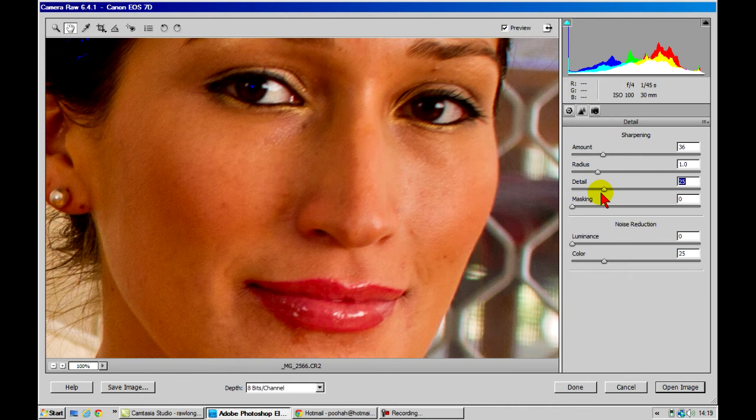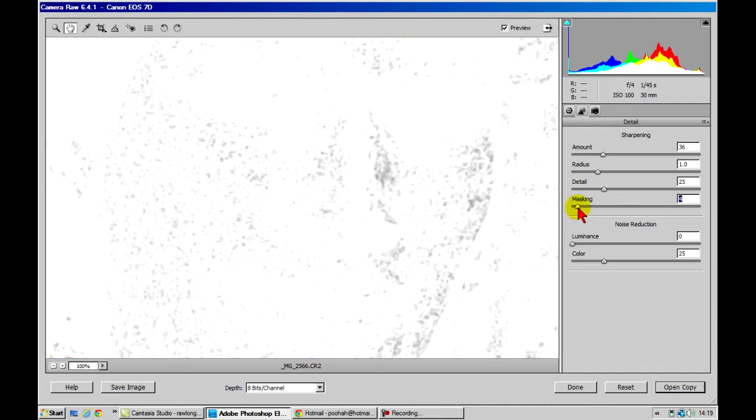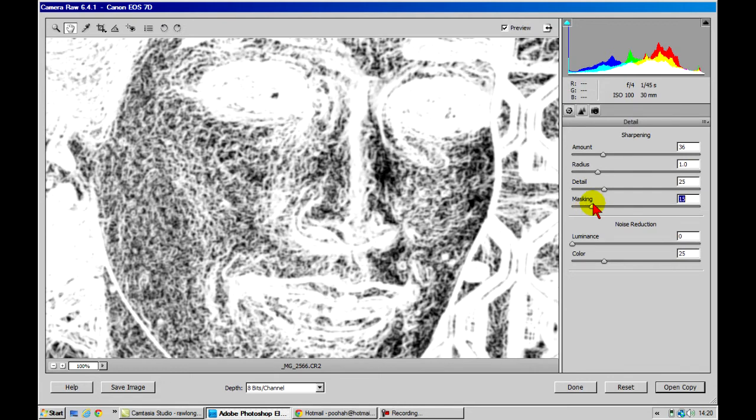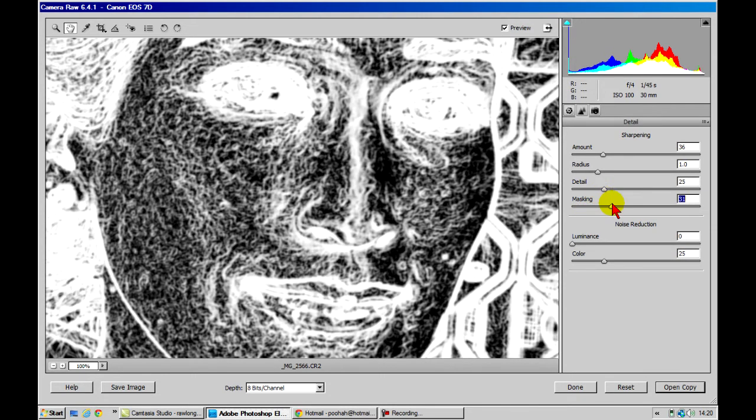Now the next one along is a really ingenious slider. It's called masking, and what this does, it actually masks through on the face, and it masks the areas that you don't want to actually sharpen. For example, the skin on the face through here, where it does actually sharpen through on the mouth and the nose and the eyes. So what I'll do, I'll hover on the masking here and I'll click on the Alt key, and as I hold that down,